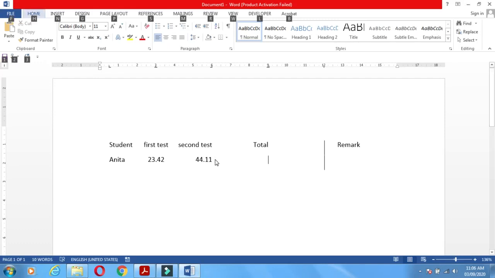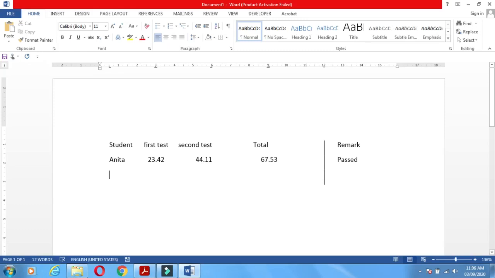Here the total, so the first point, here the total you can type 67.53. Again the remark you type here pass. In this way you can make the tab position and format your document.